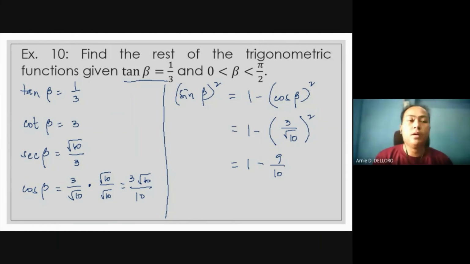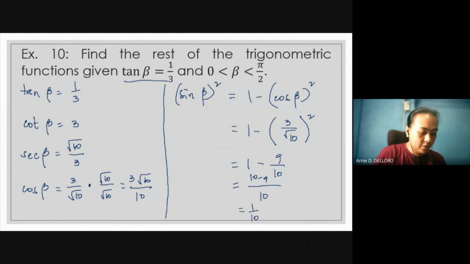So again, the square of 3 over square root of 10 is equal to 9 over 10. So we have 1 minus 9 over 10, so 10 minus 9. So we'll have 1 over 10 as the value of the right side. Okay? So since naka-square pa yung sine beta, let me just erase kasi mapuputol yung ating